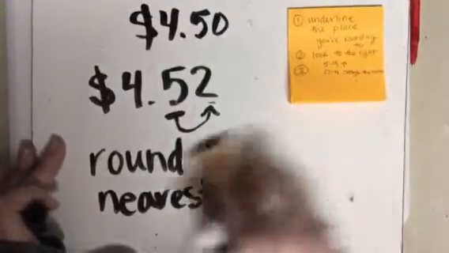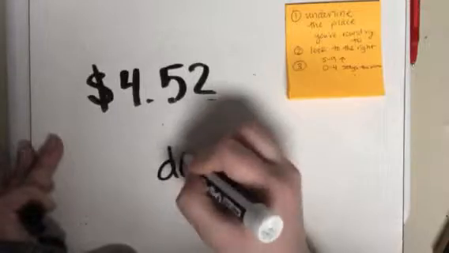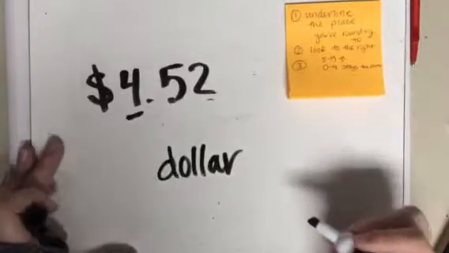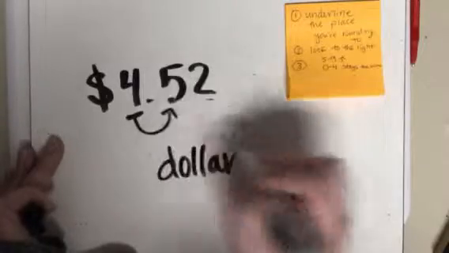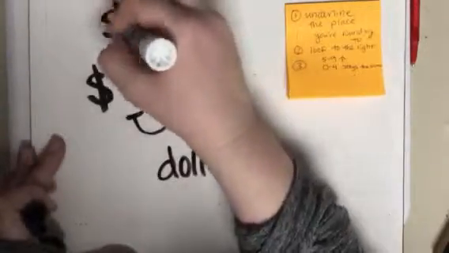Okay, let's look at the same number, but let's round to the nearest dollar this time. Rounding to the nearest dollar, underline your dollar spot, look to the right. My 5 makes my 4 go up, so it would round